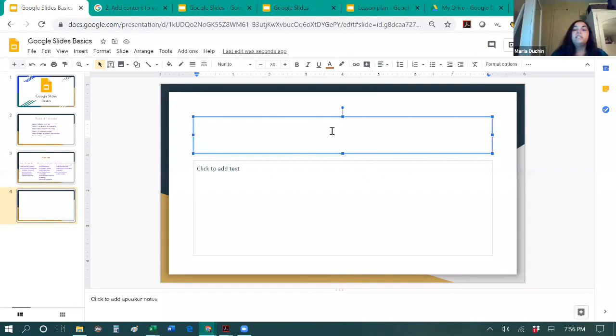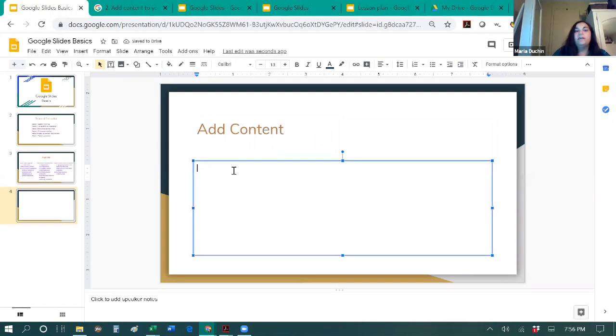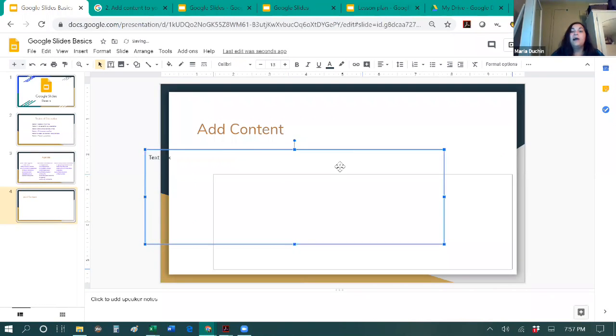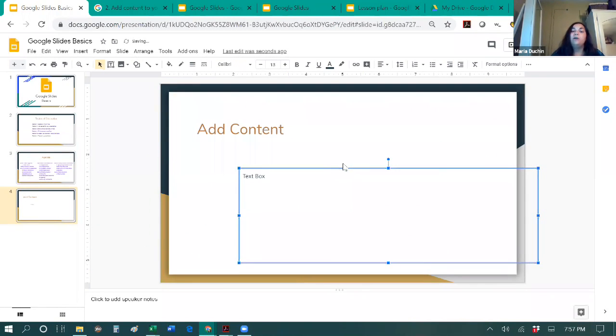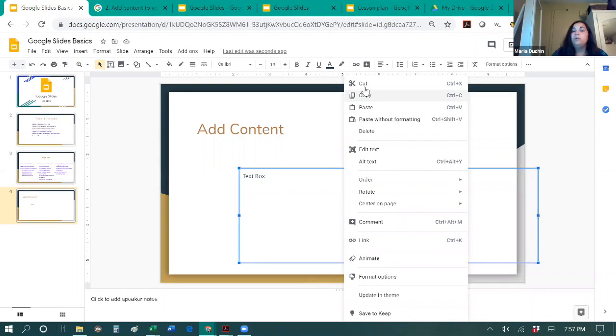All right, so this particular layout, it's just a title and I'm going to add some text. So for here, I'm going to say add content. So in order to add content, you just create the type of box that you want. So this is a text box already. Now, if I didn't want this, say I want to get rid of it, I just highlight it. And when I have this little X, you kind of wiggle over where the box is, when that little T that has the arrows on it comes up, you can just hit the delete on your keyboard, or you can right click and you can do cut or delete, and it will take it right out